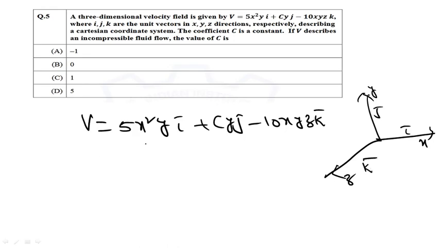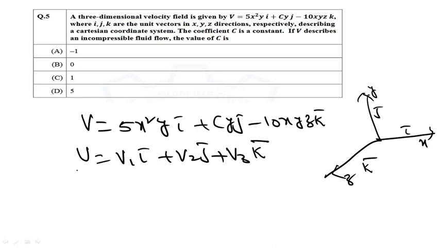So V is in the form V equal to V1 i bar plus V2 j bar plus V3 k bar. This is the fluid velocity. Now this fluid flow is incompressible, which means that